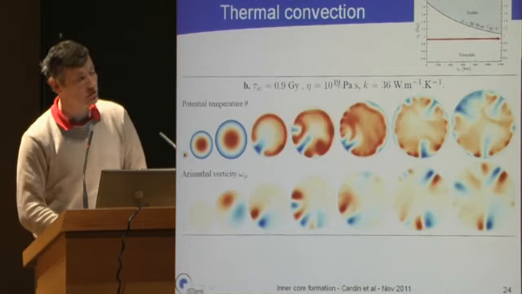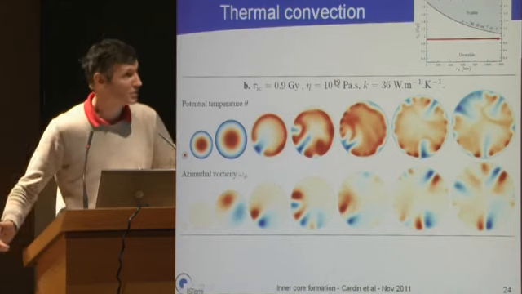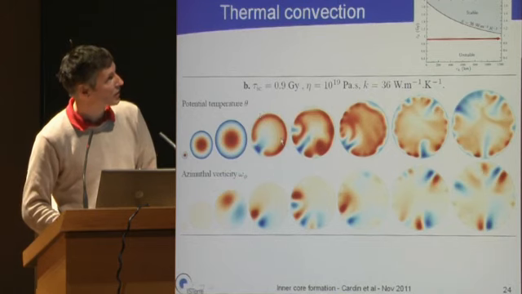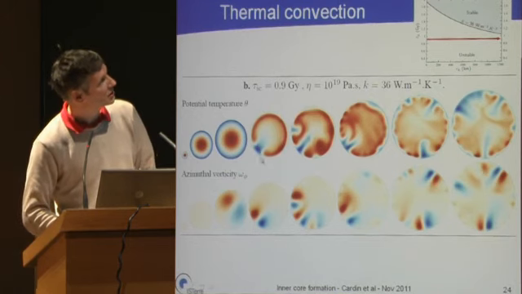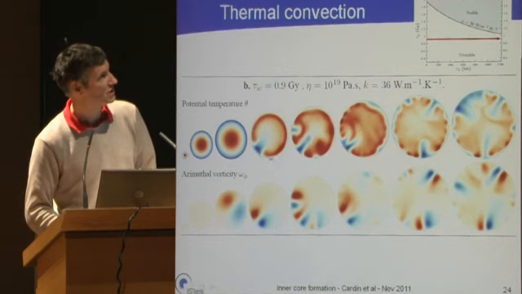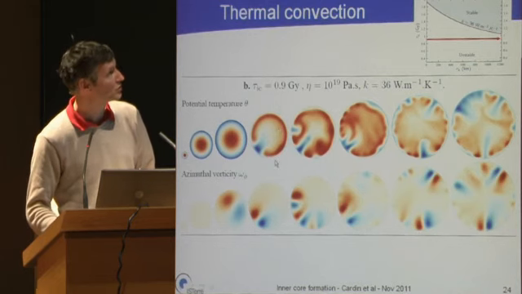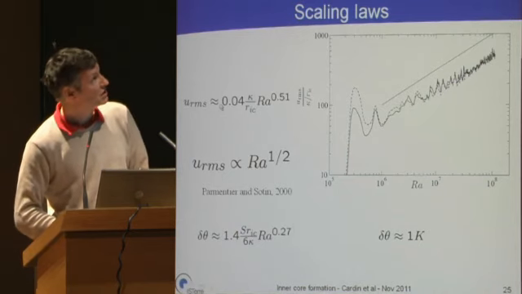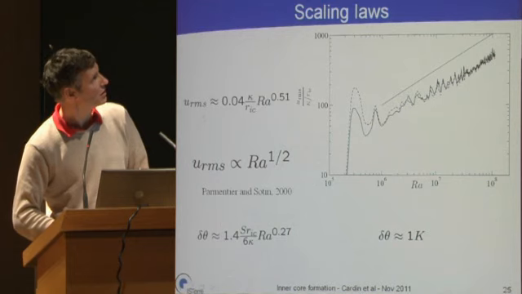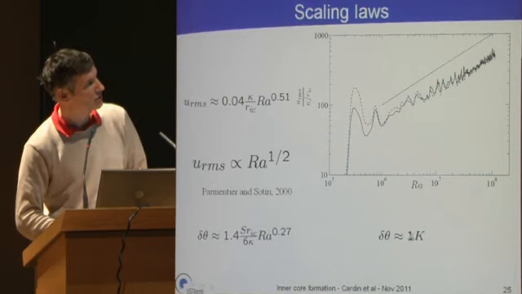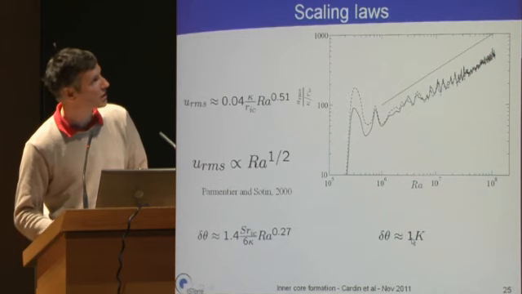If you can increase the viscosity, the viscosity of the inner core is clearly unknown, so we have to study different viscosities. But here it is interesting. It's an m=1 motion, and this was the motion studied by Machtel, very close to the onset of convection. So from this study, we could study scaling laws for the velocity, which are very small actually, or the perturbation of temperature, which are linked to the Rayleigh number. And we found that it's between 0.1 K and 1 K.